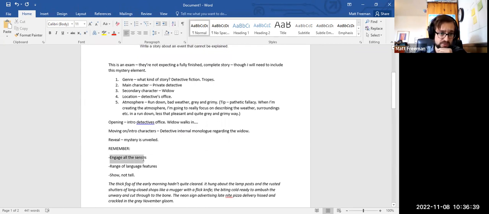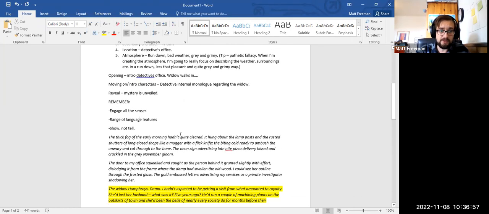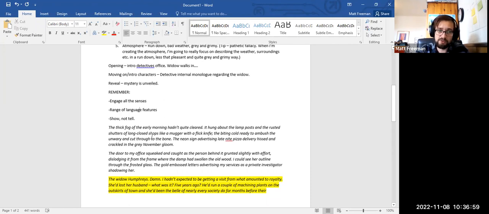I've remembered to engage all the senses, and I've written this down, and you absolutely can when you do the exam as well. Write these little bullet points down to help you out. So I started off with a description, and I used pathetic fallacy here. I went back to edit to add some extra stuff. So I'm describing the fog. I'm using some similes that will hopefully get across the idea that this place is quite run down. And then we moved through, and my actions moving as I go.